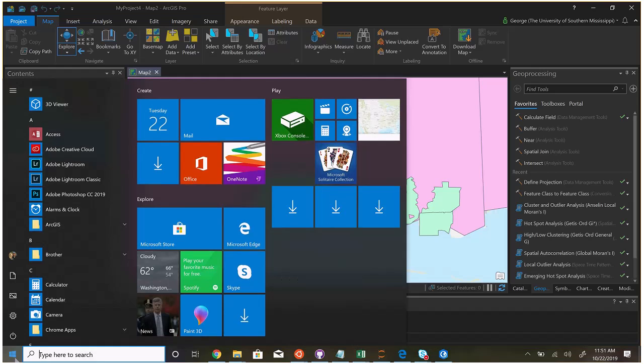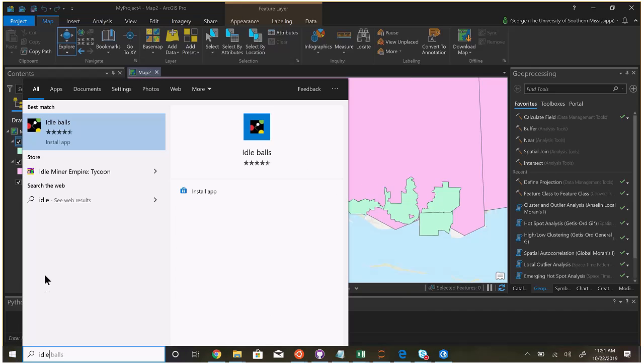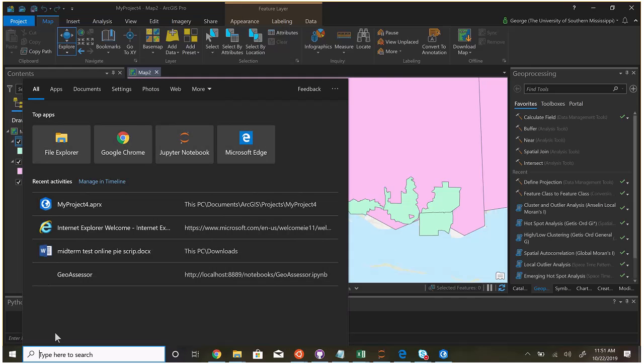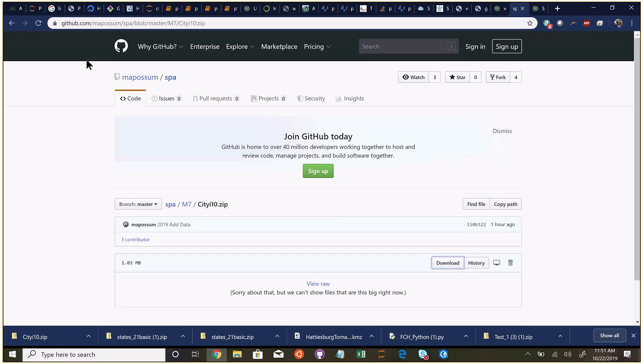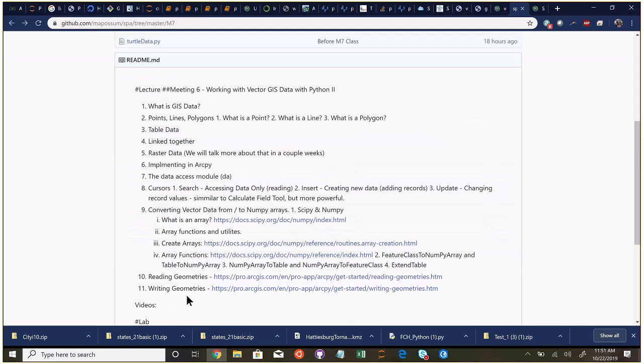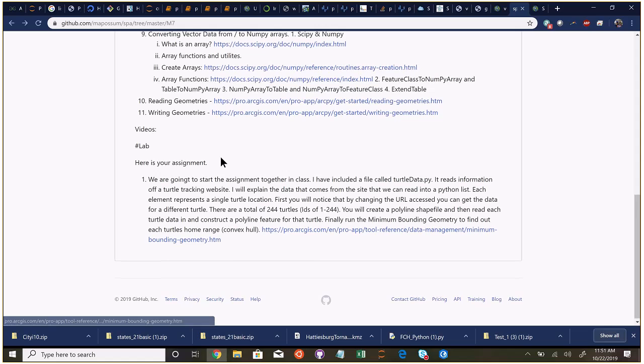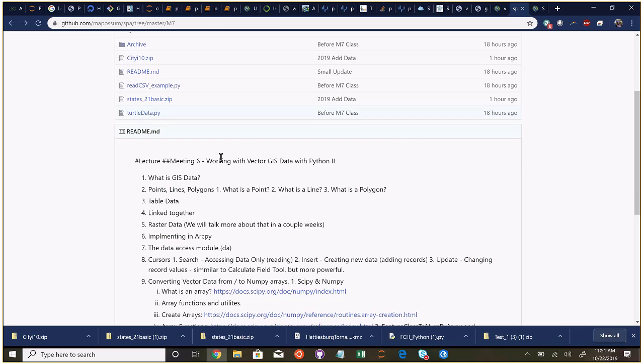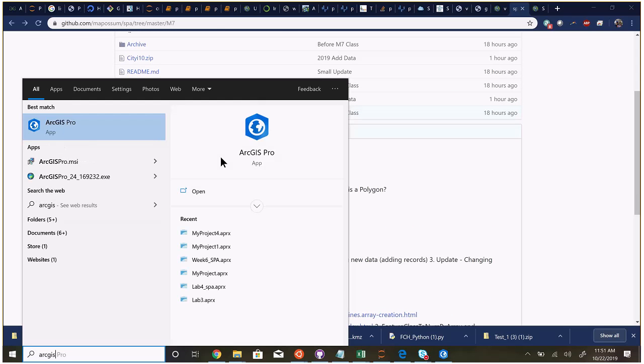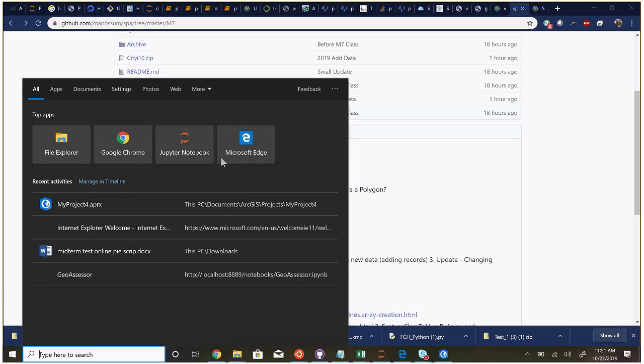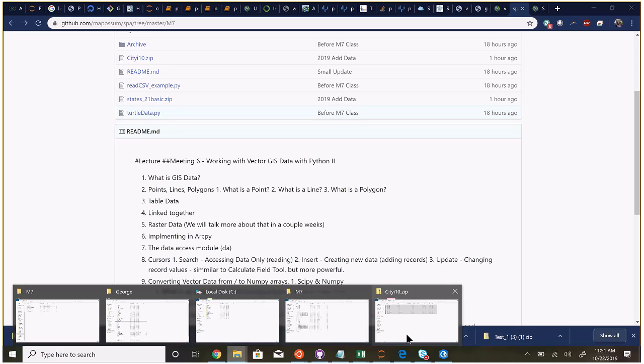I'm going to use IDLE. I don't know why it doesn't show up. Usually, maybe it's just under ArcGIS Pro. No. But I do know that it'll work by,